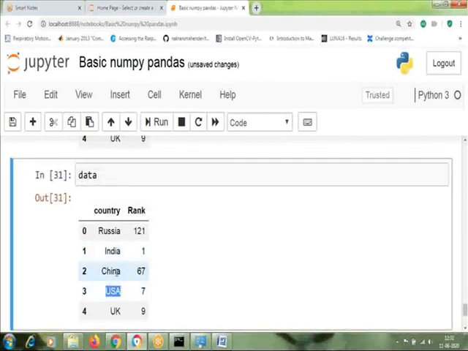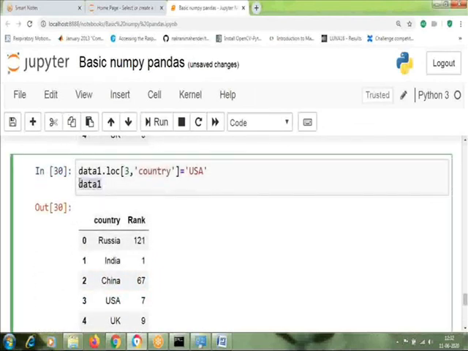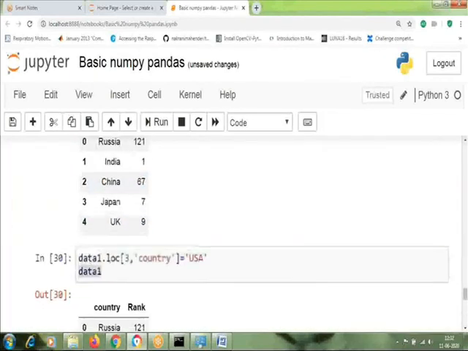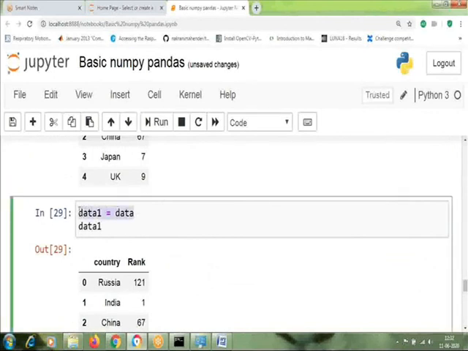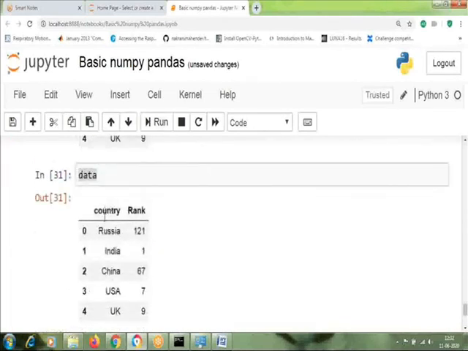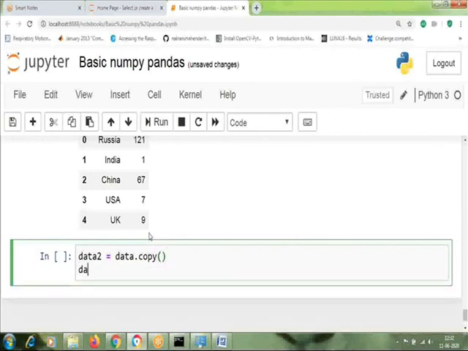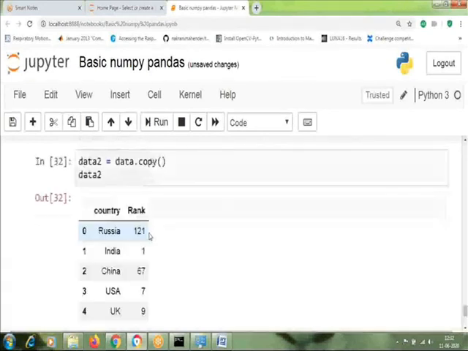So it means that data 1 is not a separate data set. It is just a reference to the original data set, which is given a variable named data. So remember that when you just use equals to make a copy, it doesn't make a copy, it actually makes a reference. To make a copy, use the pandas function copy. So if I want to make a copy of the original data, then I have to use copy. So here data 2 is copied.